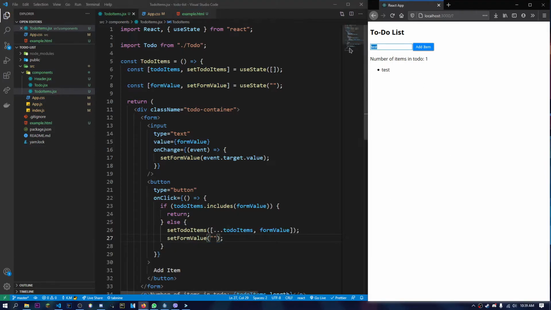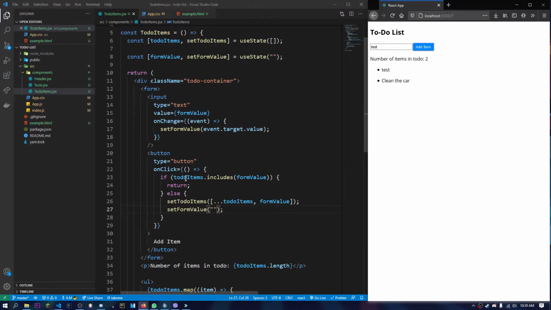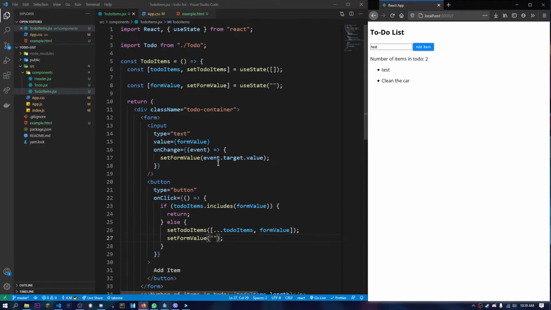So we can just do clean the car, and now this removes this over here. And now if you have test over here, this doesn't work. Okay, so what I want to do now is I want to have a function that will basically pass